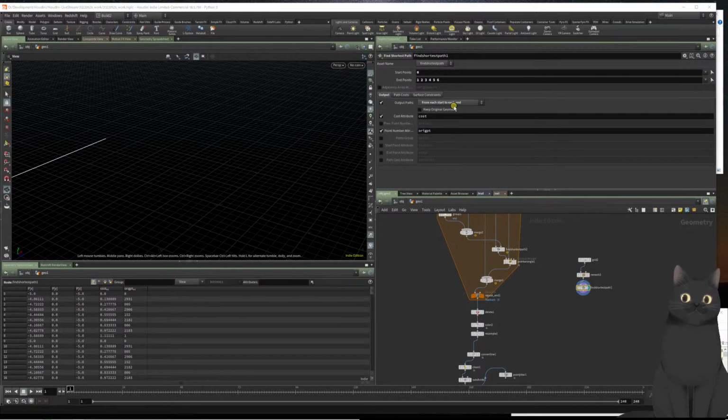And for working we also want a sort node just for randomizing the point order, random. So now